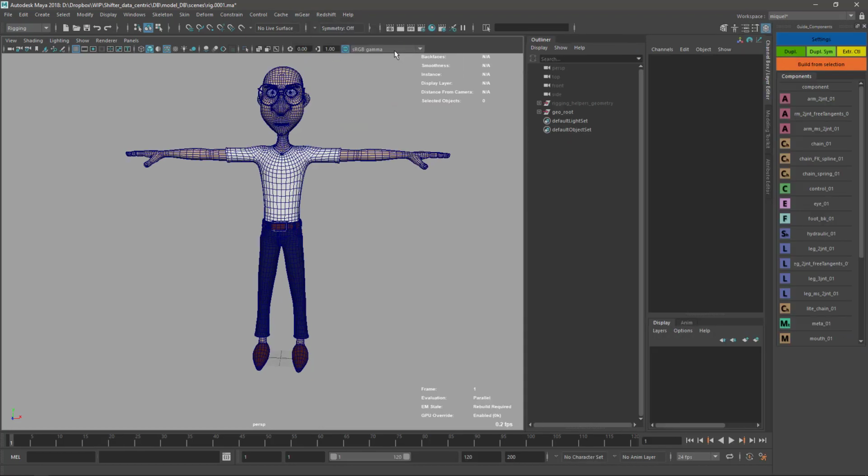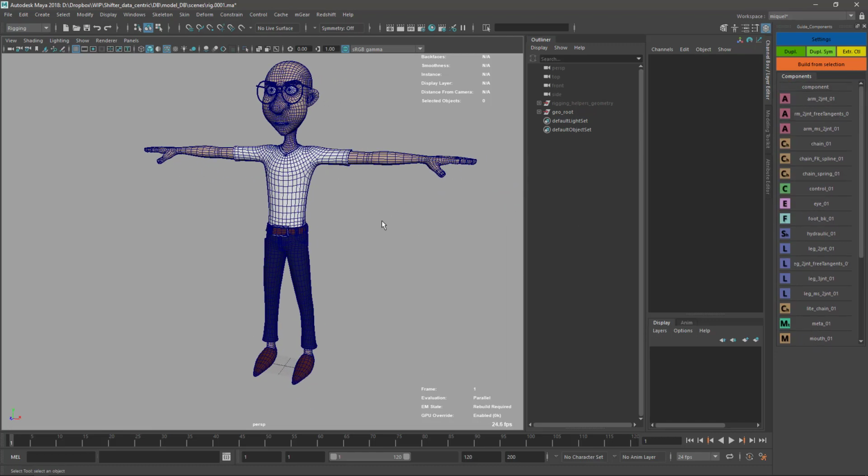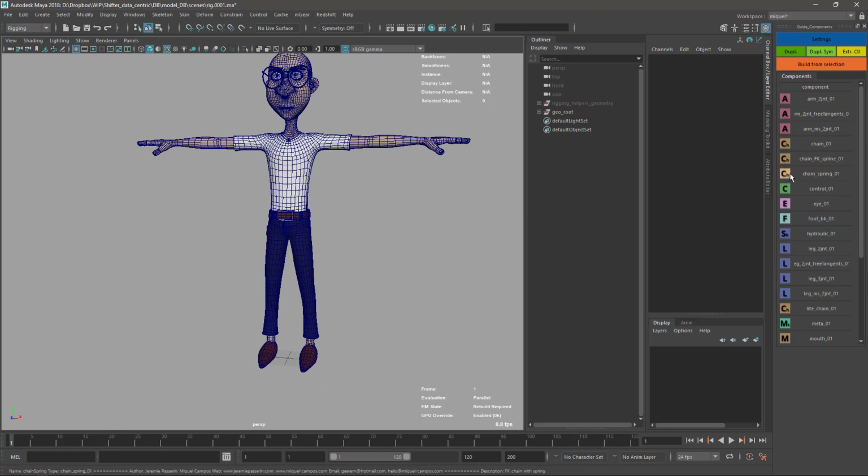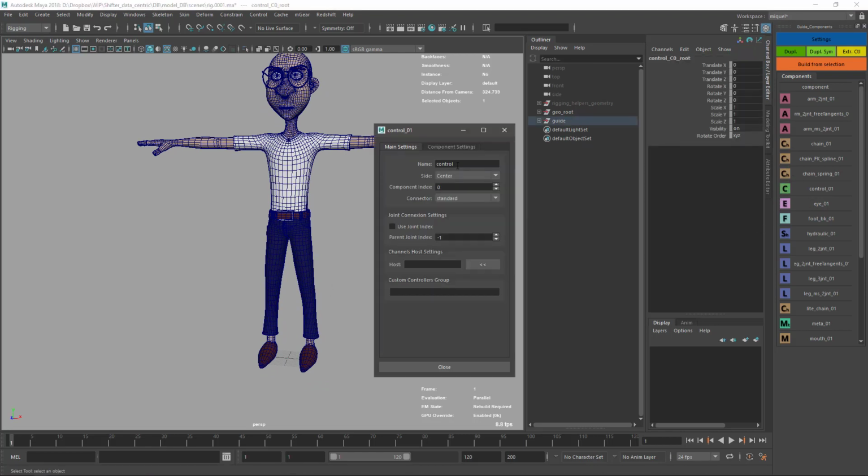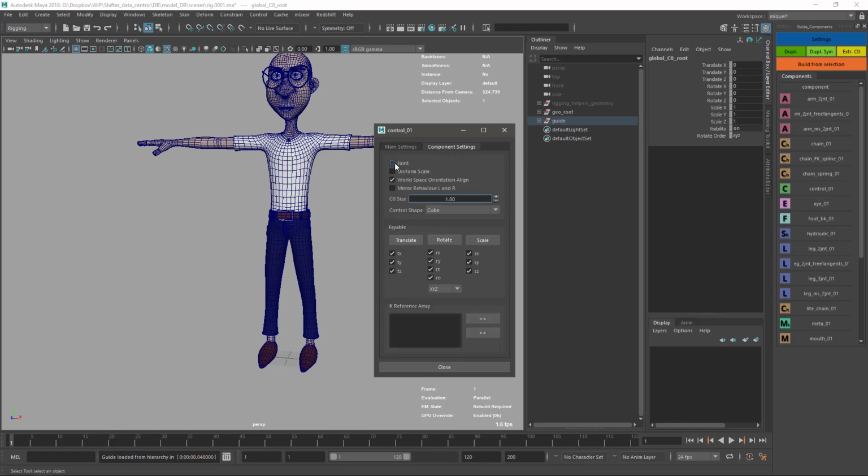So I'm gonna open my guides UI and I'm gonna use the components that come with this latest release. Let's start. First I'm just gonna create a control here and I'm gonna call it the global. Before, we used to have a global by default in Maya, in Shifter, but now I'm gonna create a new global, and the reason is because we have a new option that we can set the default one to world, and so we have three base